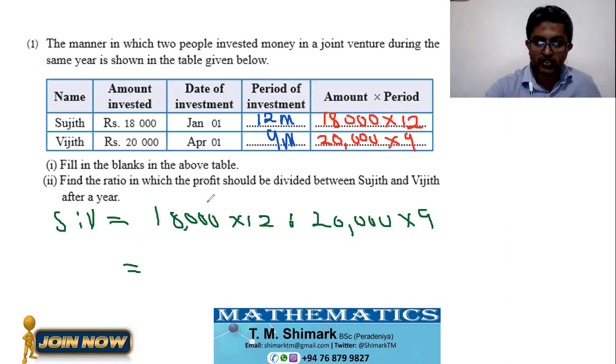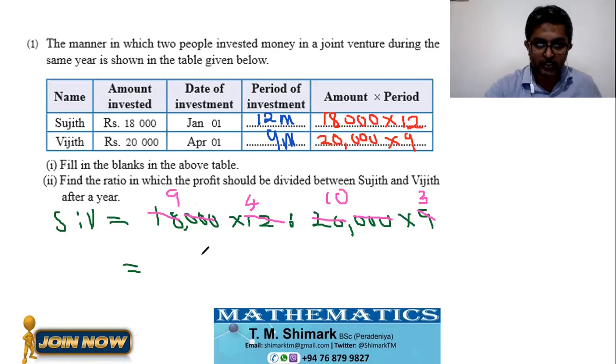Okay, this answer is also okay, but let's get the simplest answer. Try to get it. You can divide by 1,000, that means three zeros will go. And I can also divide by 3. 18 divided by 3 is 6, 12 divided by 3 is 4, 20 divided by 3 is not possible, and I can also divide by 2 for 9 and 10. Okay, so multiply all these things.